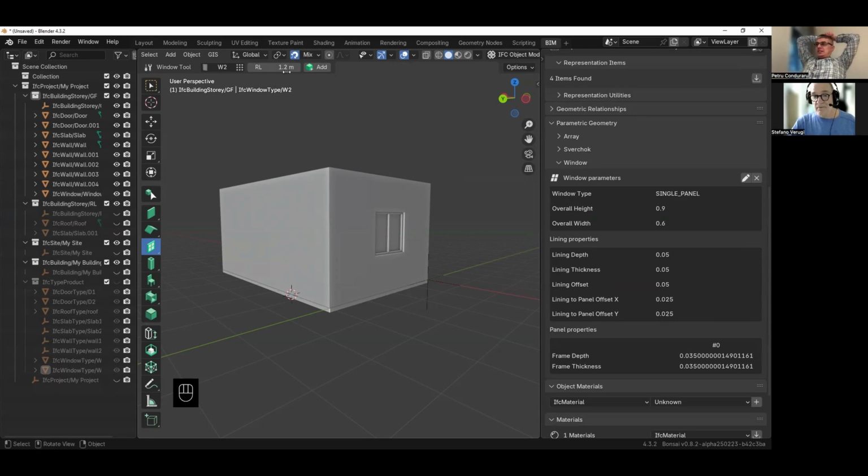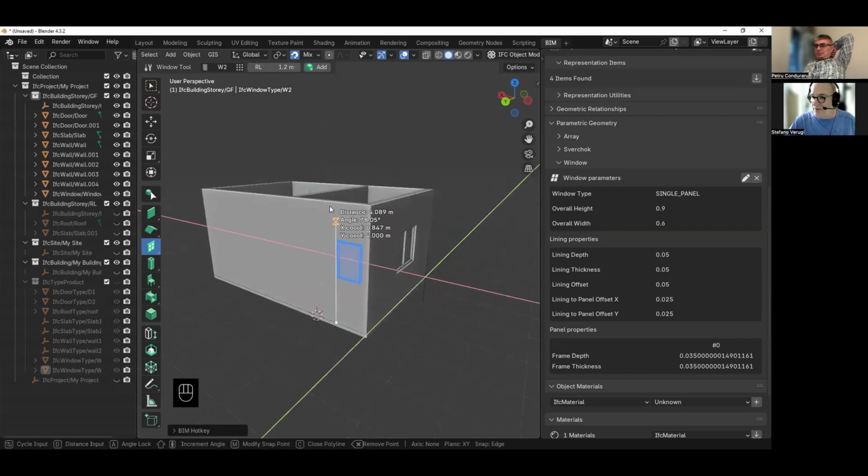It has an integrated calculator. You can do it in your head, but it's useful when the numbers are more complicated. So now the reference line is on 1.2, and I add the window here,